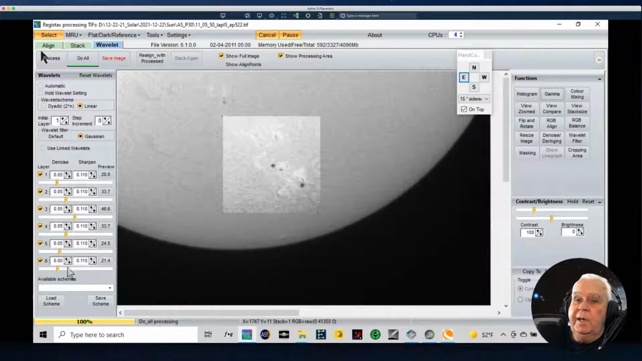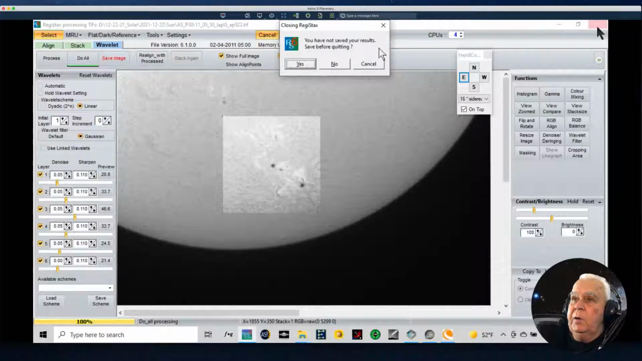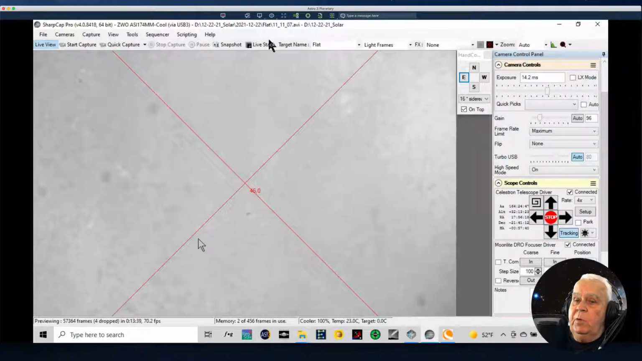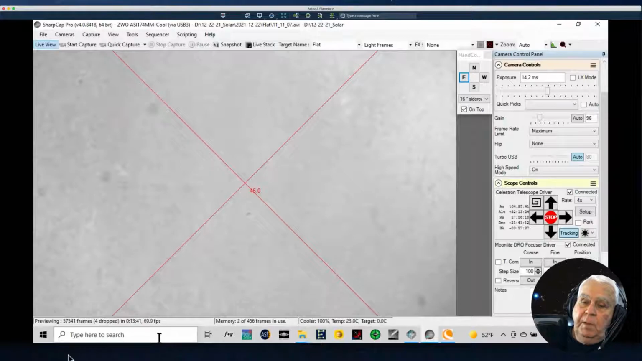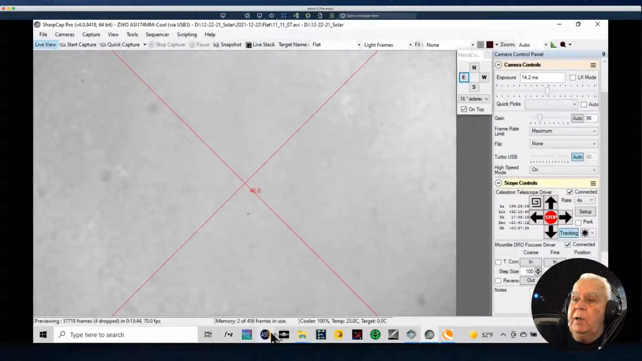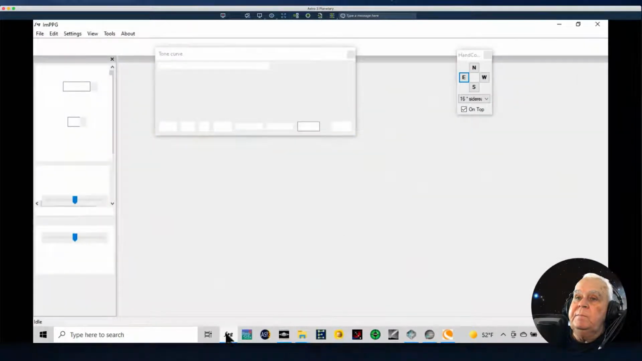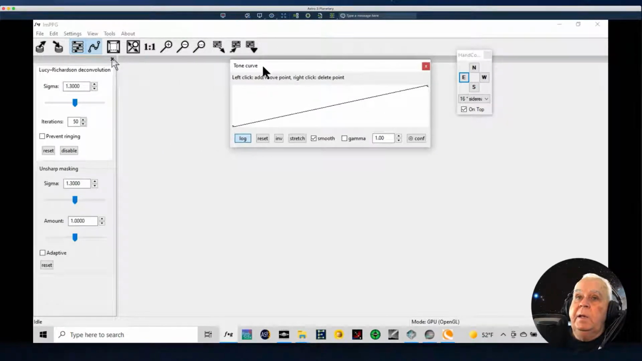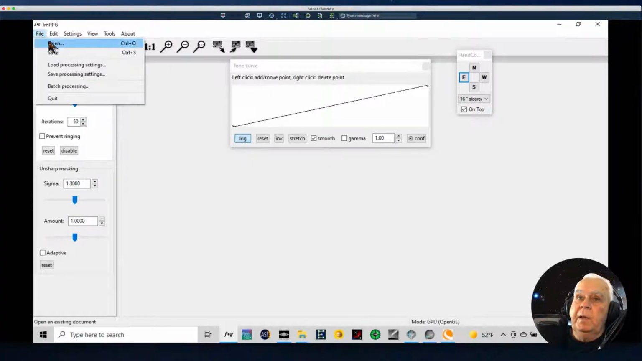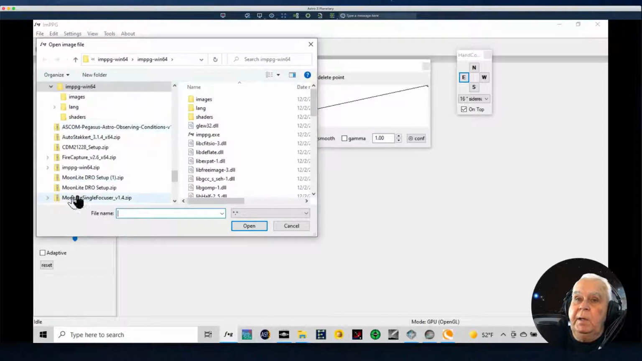I'm going to close this out, and I don't want to save this. I prefer working with the other program. I hope I loaded it on this laptop. Here we go. Not the one. All right, let's go over to File, Open, and let's go down to